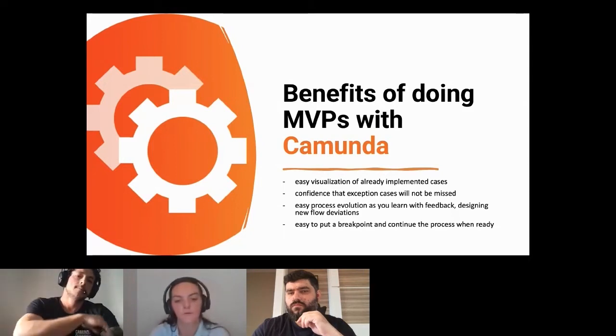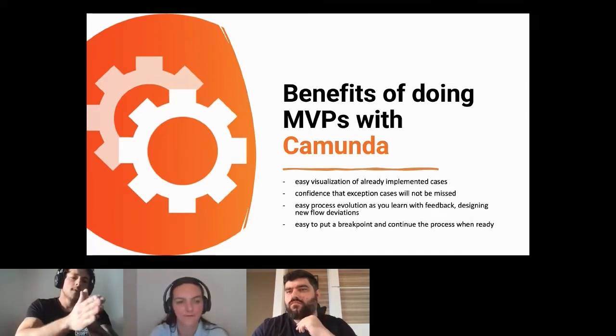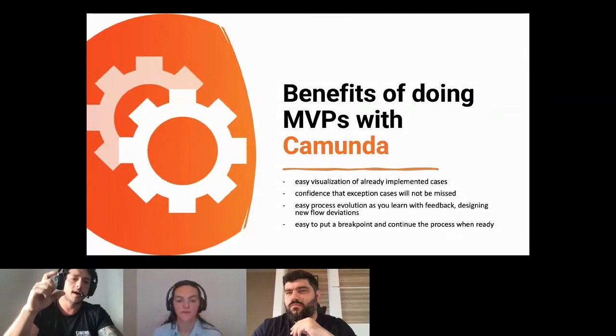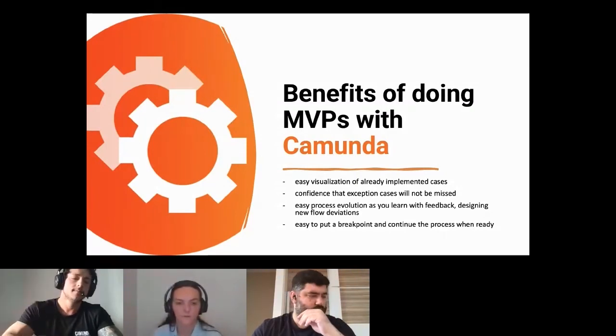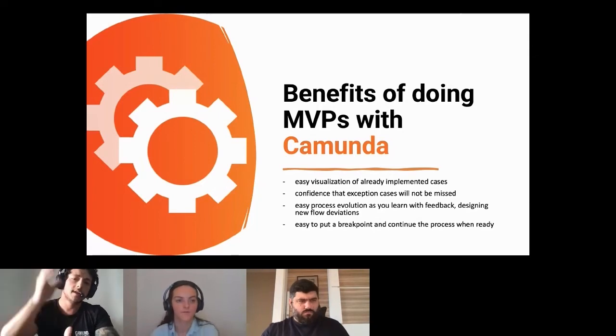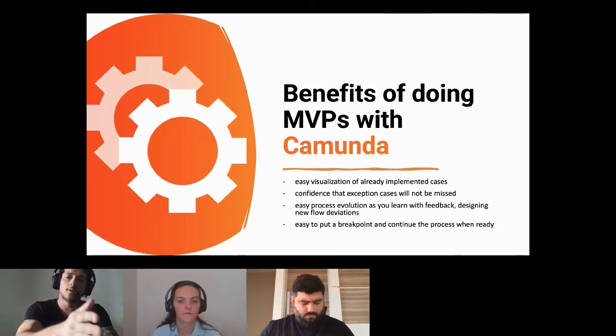So you can make your process, as I said in the last slide, do some parts of your process, go to production with a breakpoint, with a waiting state in your process, and when you develop the final parts of your process, bring this to production, and just using APIs or something like that, make those waiting process instances continue in your new sub process. I will talk more about this in the next slides.